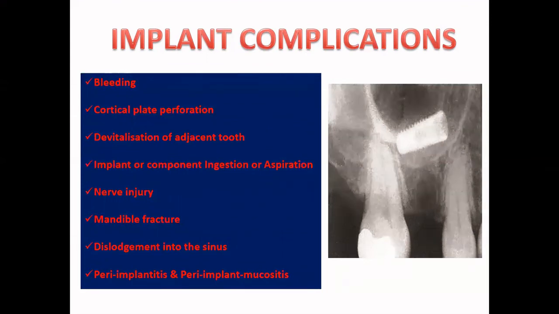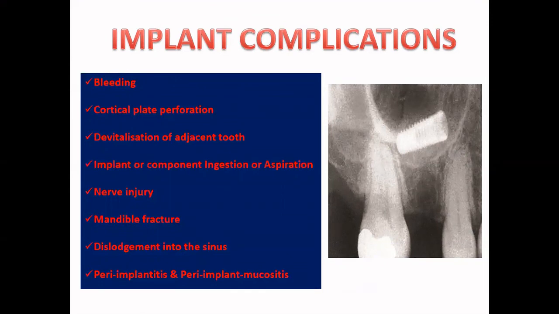There are chances of bleeding, and cortical plate perforations can also happen. If you injure the adjacent tooth, devitalization of the adjacent tooth may happen, and implant or component ingestion or aspiration may happen if there are any loose implant parts which are not properly tightened or ratcheted. And if you don't mark the nerve level, and if you place the implant length more than the